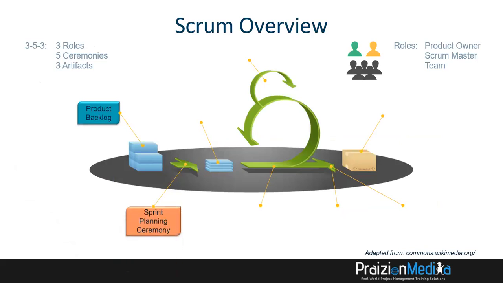Then we have a ceremony. We take this massive list of all the things the customer wants and we plan what are we going to do immediately. And we call the time box that we are going to do things in a sprint. But before we get into the sprint, we're going to plan what are we going to do in the sprint. We take a subset of the things in the product backlog, and those become our sprint backlog, which is a subset of what we're going to do within the sprint.